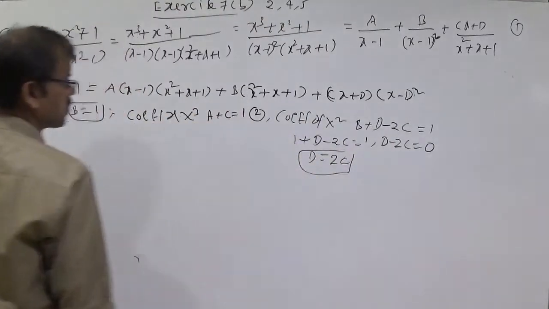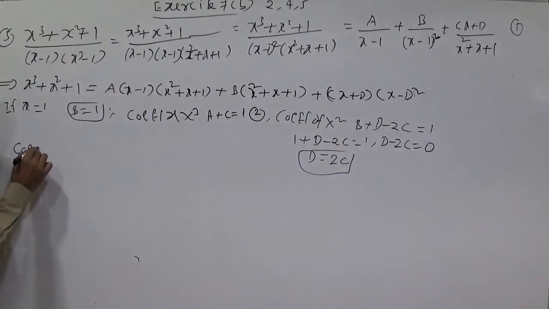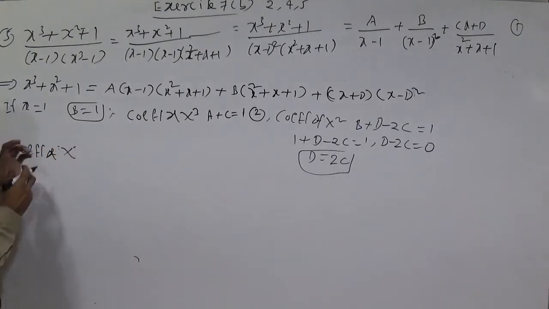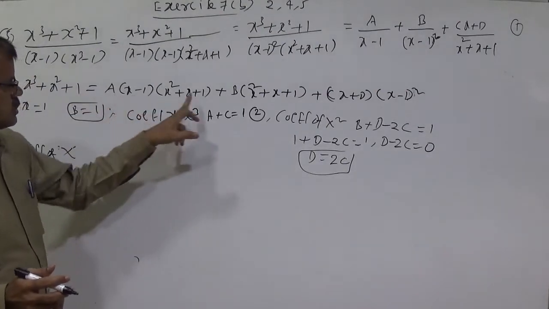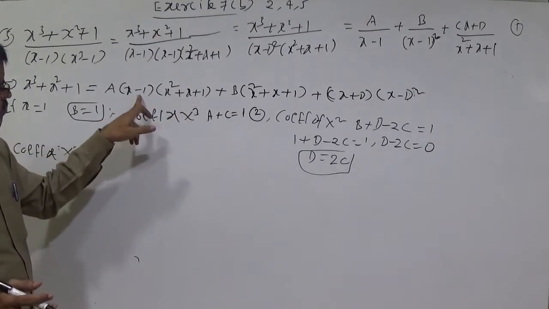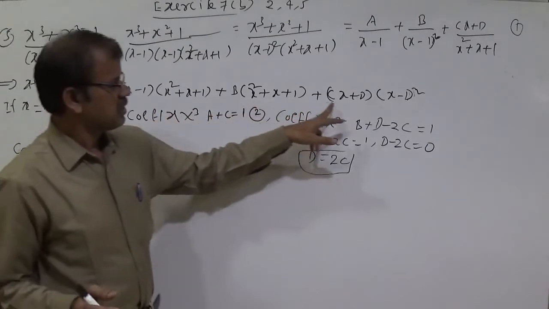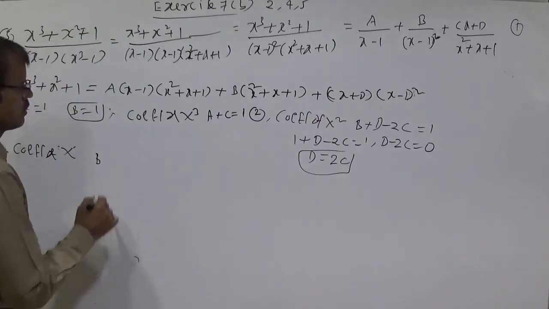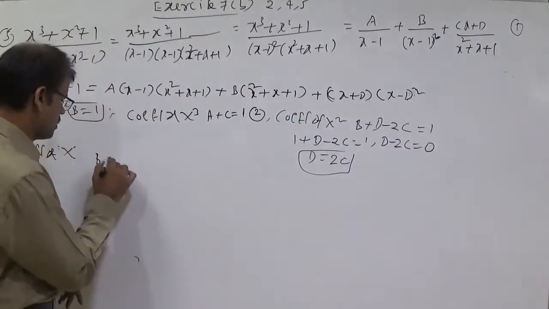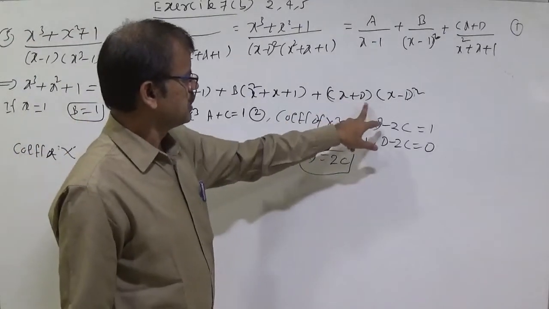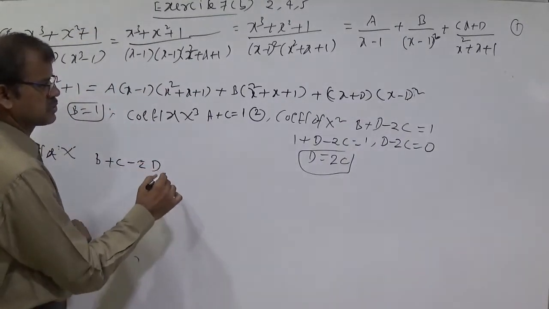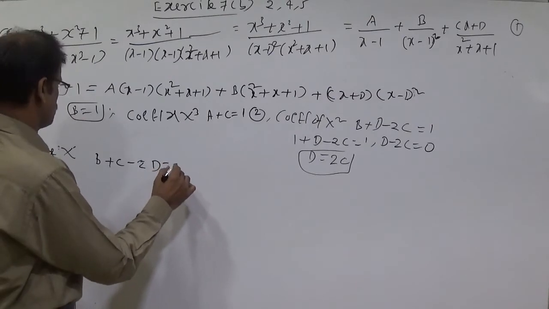Coefficient of x square we have written. Now I am writing the coefficient of x. Coefficient of x means here x into 1, only 1x. So again x into 1 minus x, don't write. So B plus here B, and here C into, at last 1 is there, so C becomes B plus C, plus D into x square minus 2x is there, no? So minus 2D: B plus C minus 2D. B plus C minus 2D is equal to 0.